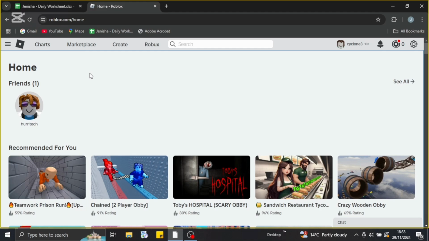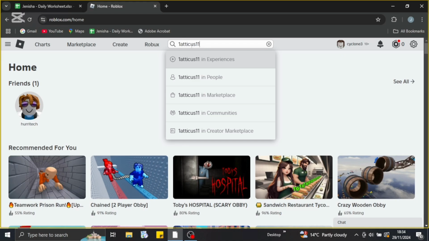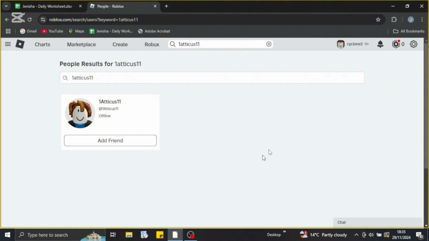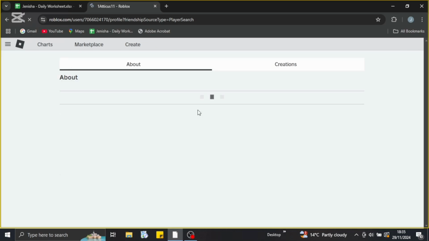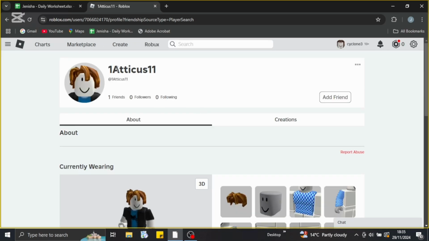First things first, open up roblox.com in one of your browsers on your desktop, and after opening it up, you'll be able to see this kind of interface on your home screen. So you're just gonna go and search for that friend that you wanna add without even being friends with them, and just click on "people" after typing in the username, and you'll be able to find different IDs. You may just click on the ID that you want to add without being friends with them, and here